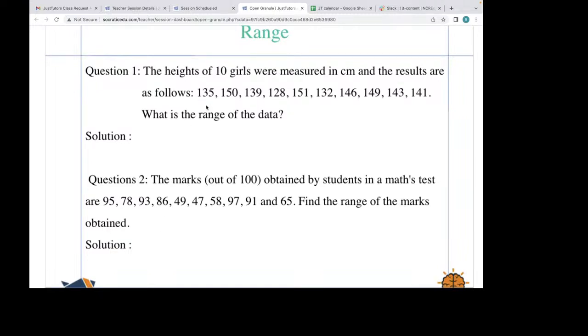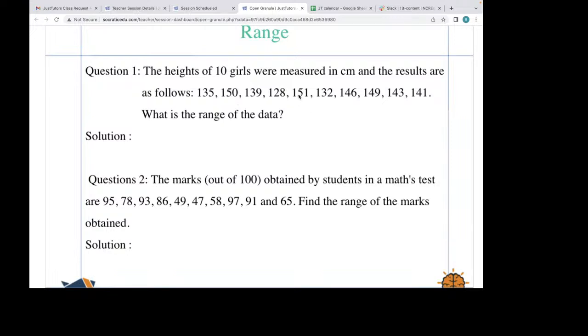Okay, so the height of 10 girls were measured in centimeters and the results are as follows. So these are the heights of the girls. 10 लड़कियों की ये heights हैं. 135, 150, 139, 128, 151, 132, 146, 149, 143, 141. So which one is the lowest? It is 128. And which one is the highest? It is 150. So the range is,